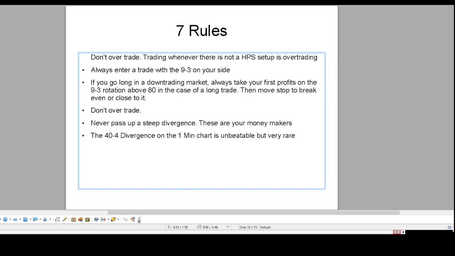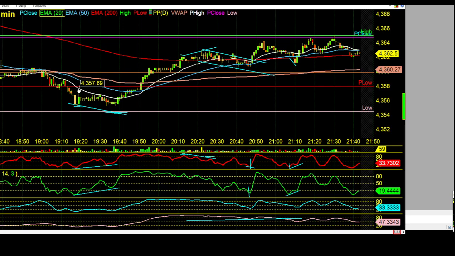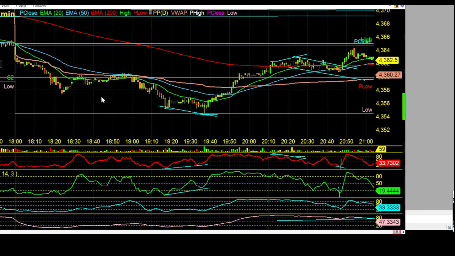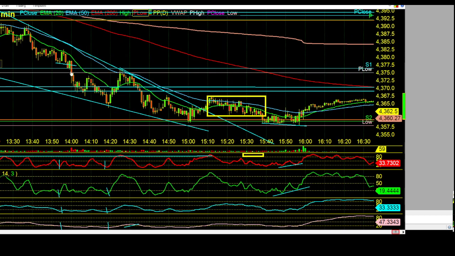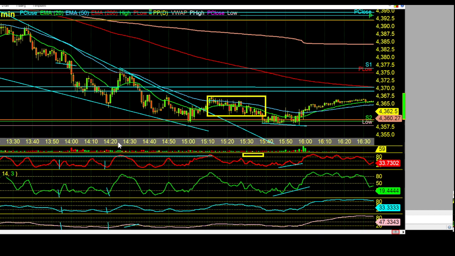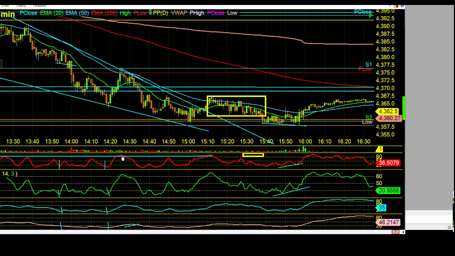What do I mean by that? If we can establish a downtrending market, and we did kind of have one today, the market was downtrending, downtrending, downtrending. And if you had a setup here, like here we had a trend line, we had a quad rotation here, and you get a bounce. Once that bounce got over 80 here, I put that line in there just to represent that 80 line.